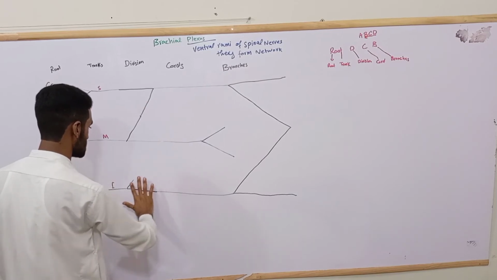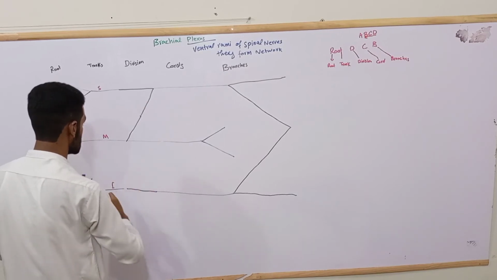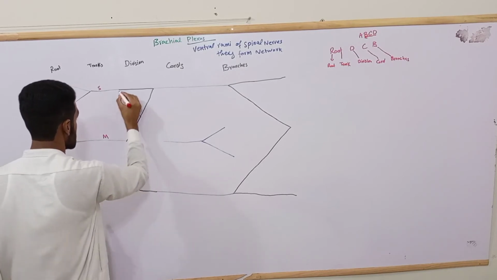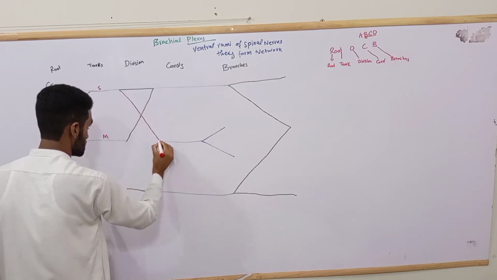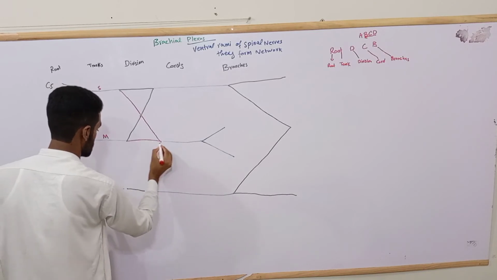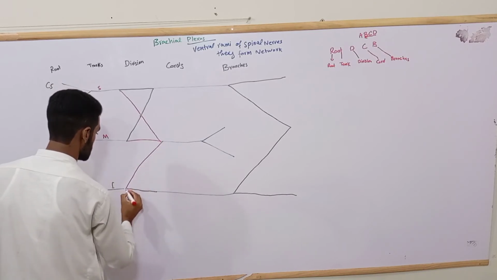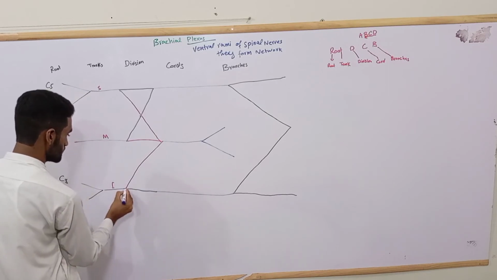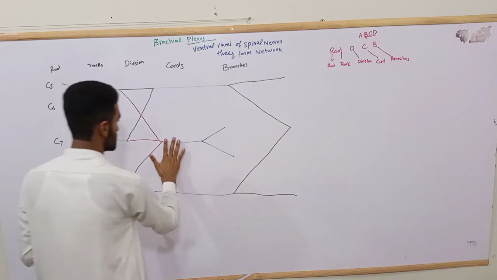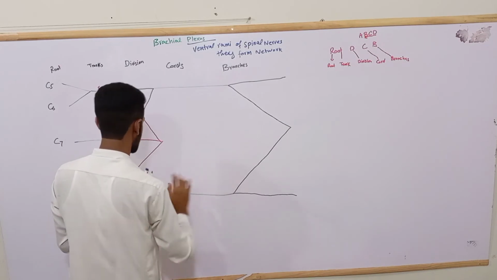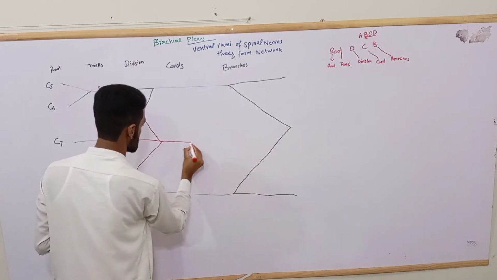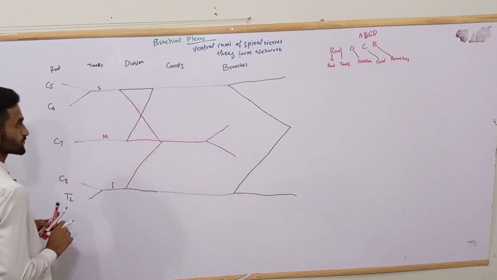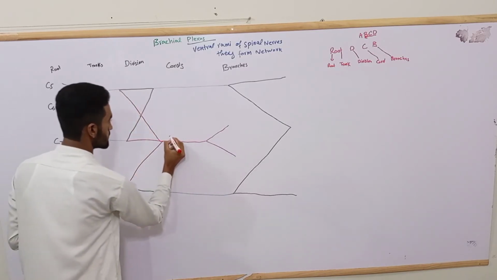I'm not changing the structure, simply the color. So this is becoming your posterior cord. Just remember, this is posterior to your axillary artery. Make sense? So this is your posterior cord,